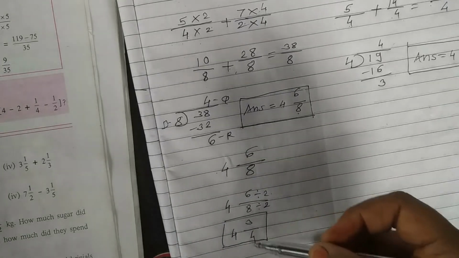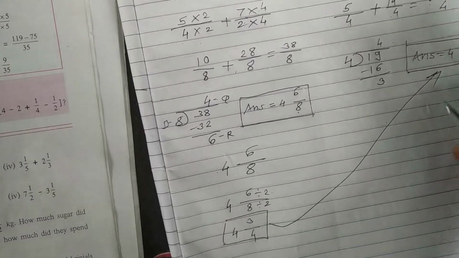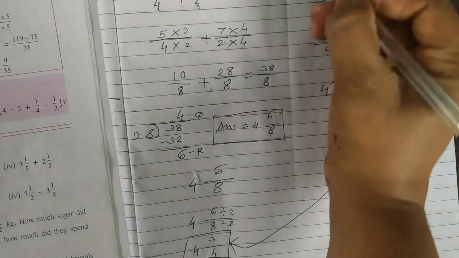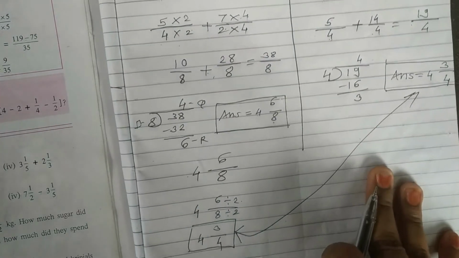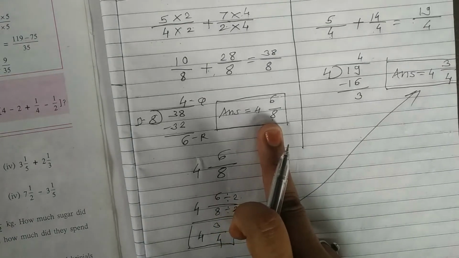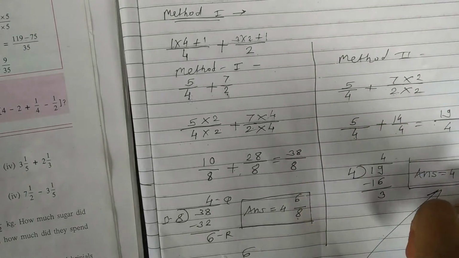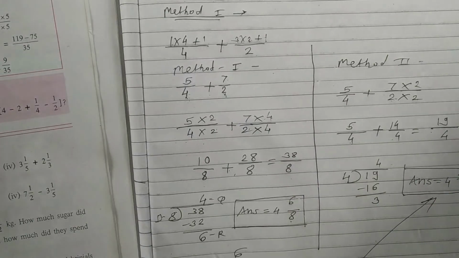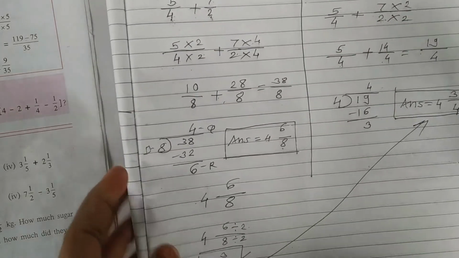See, came now answer 4 and 3 upon 4 after reduction. See, check now both the answers student. See, both the answers are same. Maybe your method changes, but your answer remains same. So which you feel easy, you can use for exam. If you solve by this first method, keep as it is, no matter whatever your questions, whatever your base. So this is our lesson number 4, very important for exam.